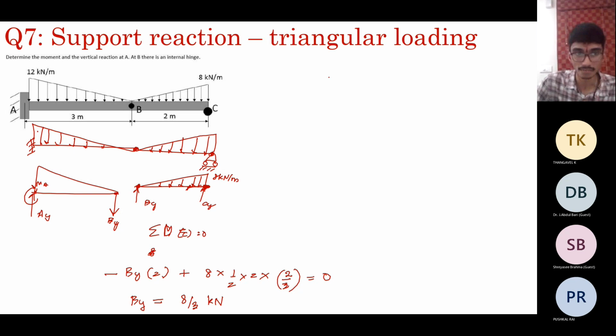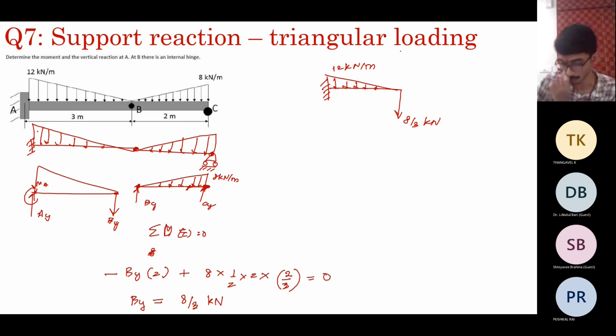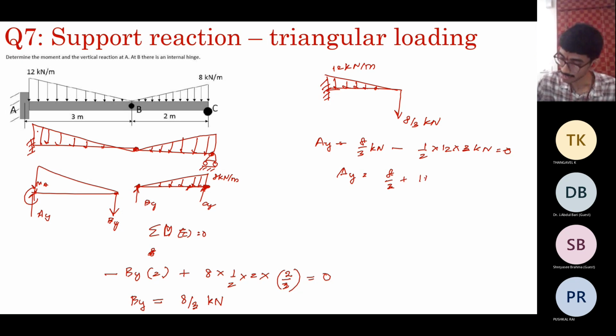And to this span, you need to find the vertical reaction and the moment. So what you have here is a cantilever beam with a tip force of 8/3 kilonewtons and a linearly varying force of maximum intensity 12 kilonewtons per meter. So again, to determine the total force, AY minus 8/3 kilonewtons minus half into 12 into 3 kilonewtons is equal to 0. So AY is equal to 8/3 plus 18, which is nothing but